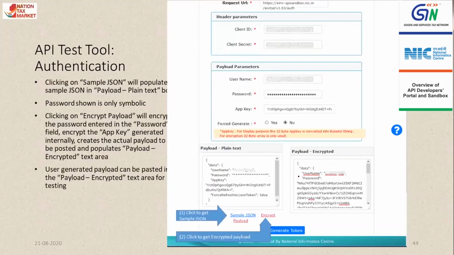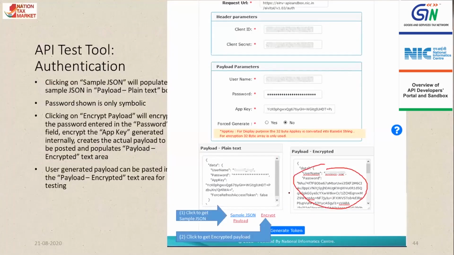Like if they are developing some code and it's under development, and if they want to check whether the way they have encrypted the password and the app key, or the way they have constructed the JSON, is correct or not, they can copy that encrypted JSON and paste it over here, and then click on the generate token button, and verify whether their preparation of JSON is correct or not.